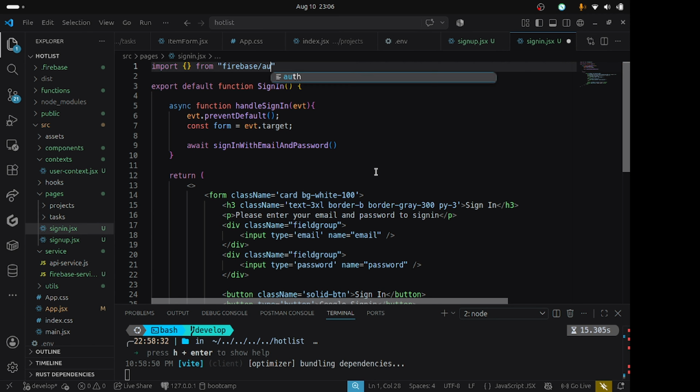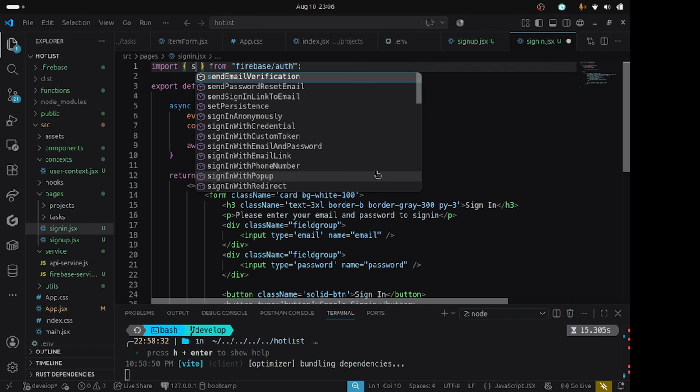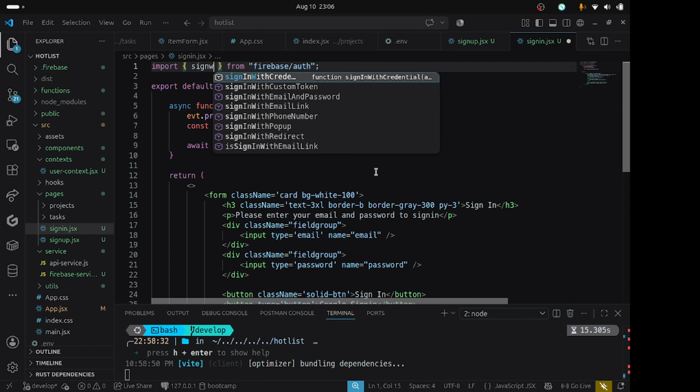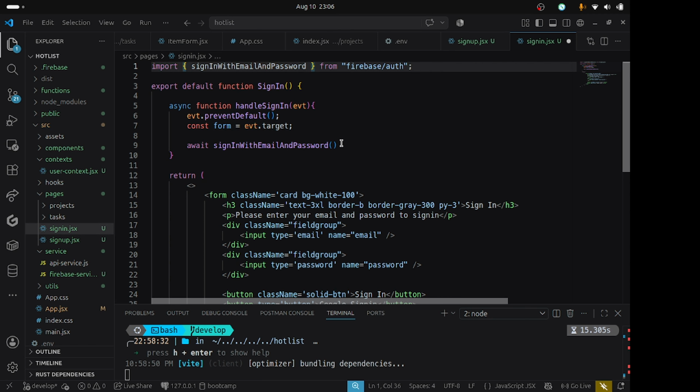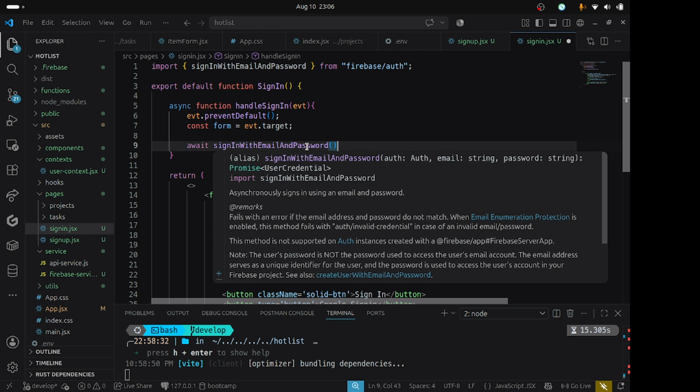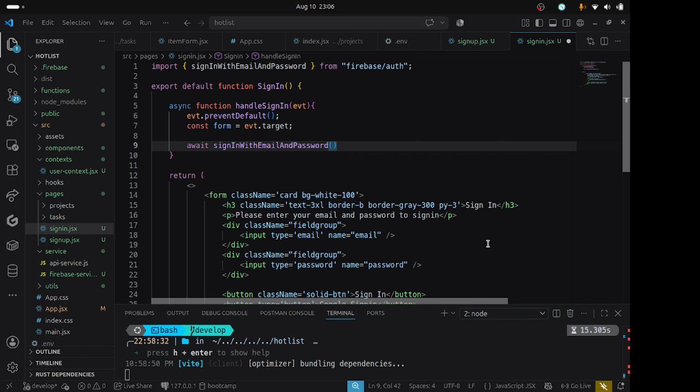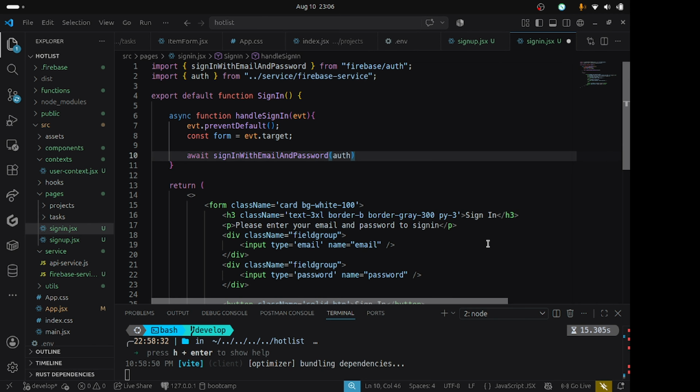We need to import it from Firebase auth: signInWithEmailAndPassword. Yes, it takes in auth, and then